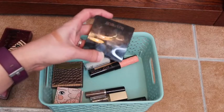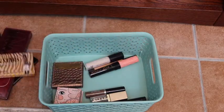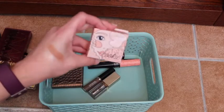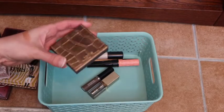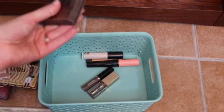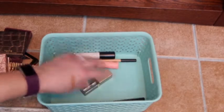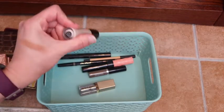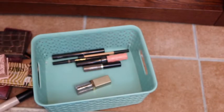I really enjoyed using a pressed powder this past week, and since Georgia in here was very subtle, I did just pop Cookie highlighter on the tops of the cheeks afterwards, and I just enjoyed all of that. And I actually didn't end up using my Tarte bronzer for the week, but as I'm filming this, Tarte is 30% off with free shipping. I don't know how long that will last, but okay. And then just concealer was the e.l.f. Camo in Fair Beige. Alright, so I'm going to put all of this back, and